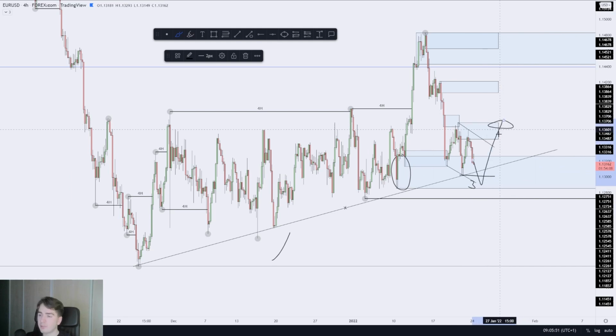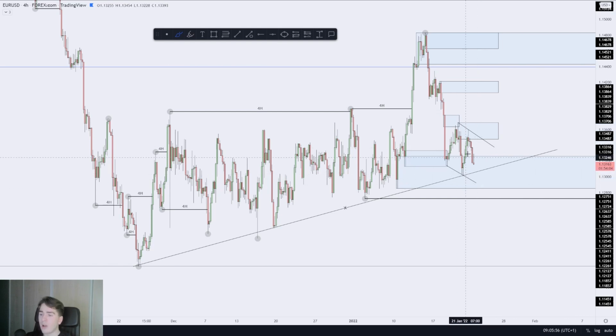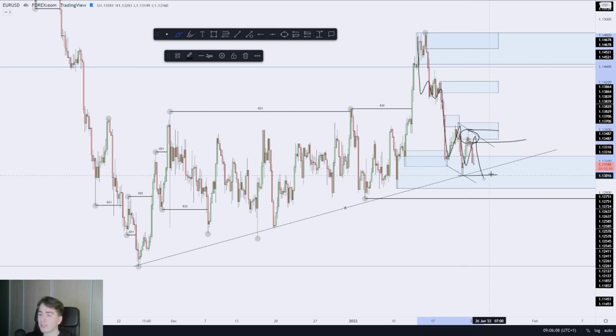Then we'll see if we see that retracement, but I'm not going to be looking for any longs at all from here. I'm only going to be looking for longs once we break these areas of supply, because supply will be created over here internally once we break this low, in line with kind of this bearish order flow at the moment, which is controlled by supply.